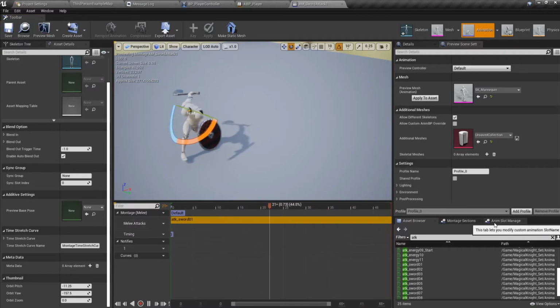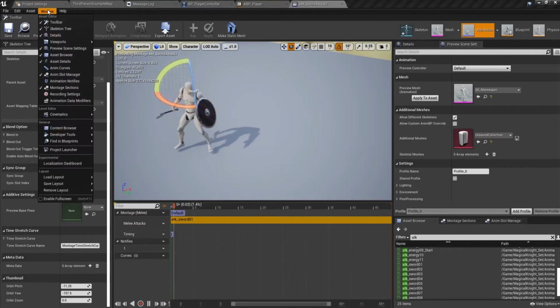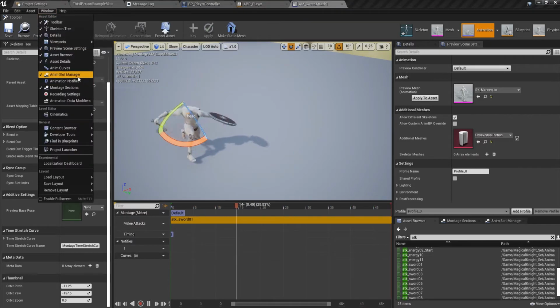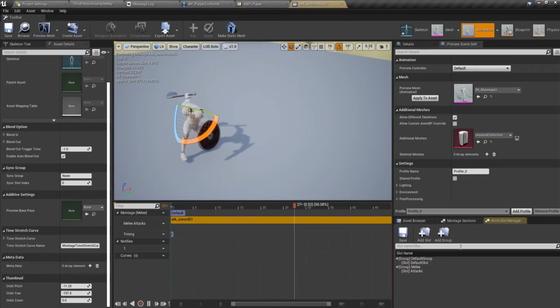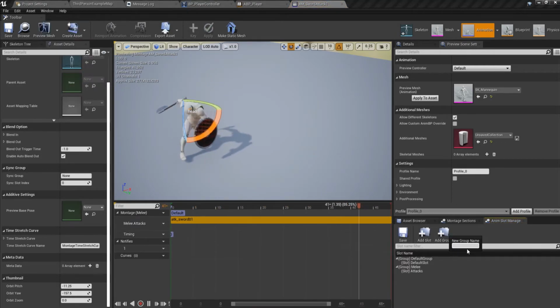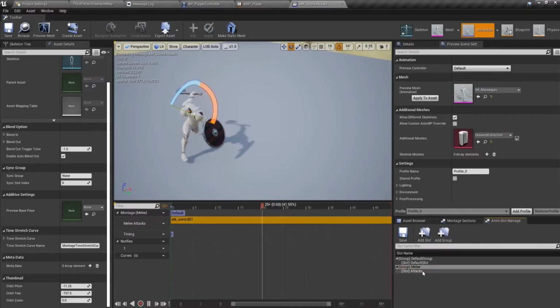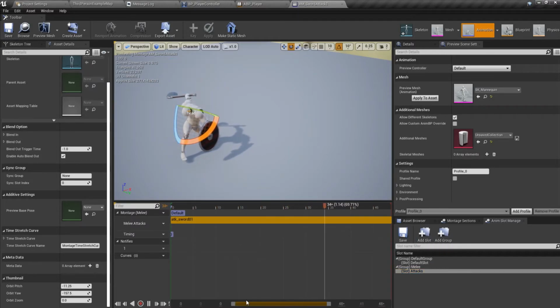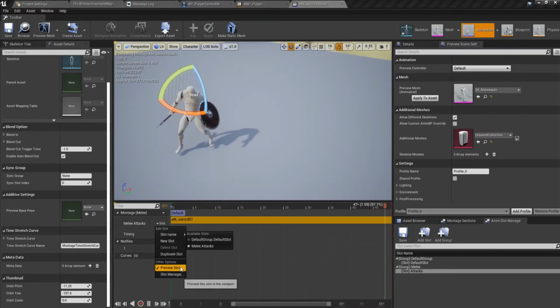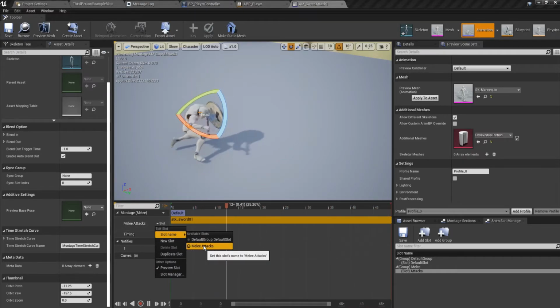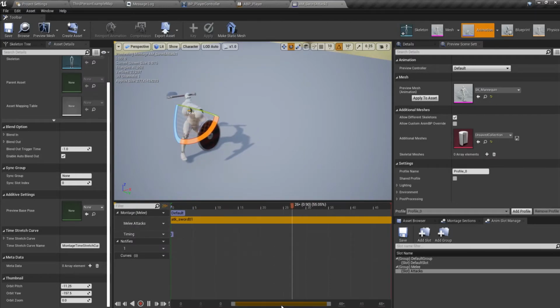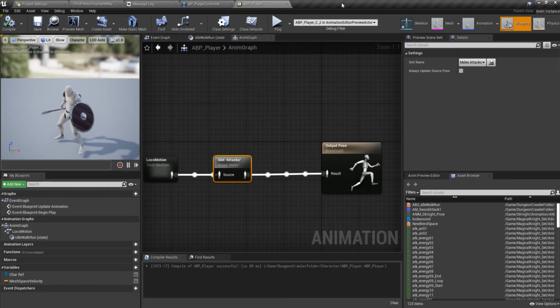And in our anim slot manager, if you can't find this one, go to Window and anim slot manager, open this one up, and then we add a group first, which is melee, and then we add a slot, which is our attacks slot, and we change the slot name to our melee attacks, and we just save this, close this one up,